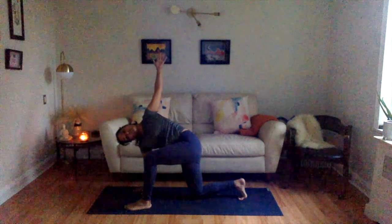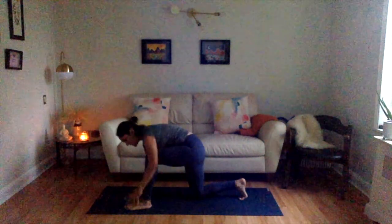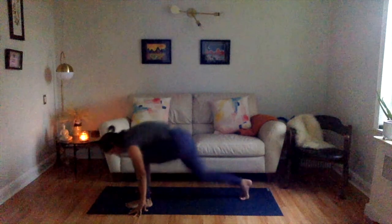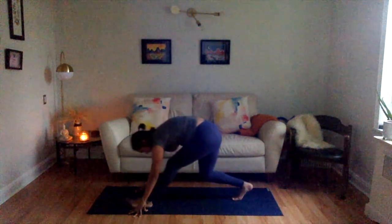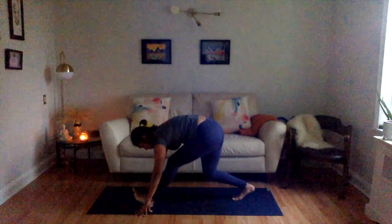bring your elbow up to the ceiling, and then slowly reach the arm up, let your head drop, and make sure that you feel that shelf of your right shoulder blade giving you support. Drop your hand down, lift your back leg up, bend the back knee, lift the front foot, come into a runner's lunge,